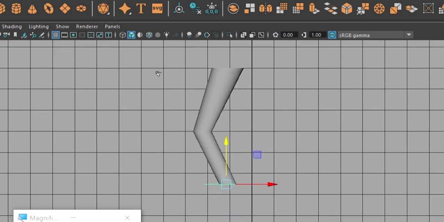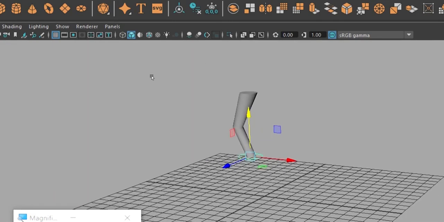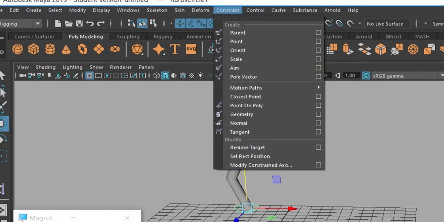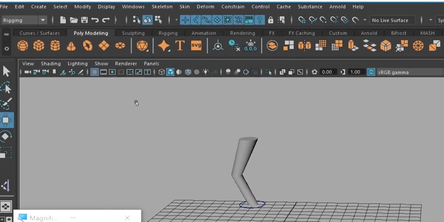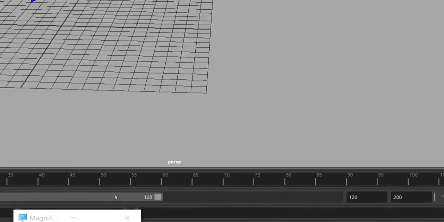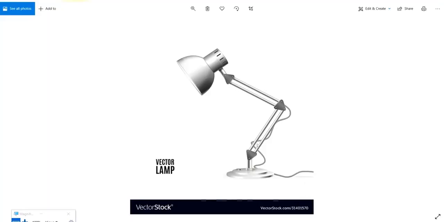It is a very simple model. In our next class, we will see how to use multiple types of constraints within a single IK handle. For that we are going to take a reference of, yeah, this, which is also an IK handle. Hope you understand. IK handle can be set for this one also, but in a different way.